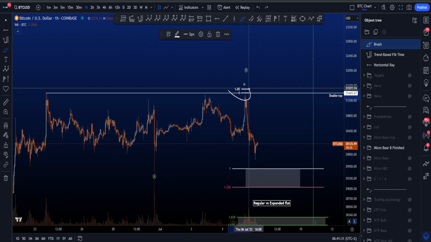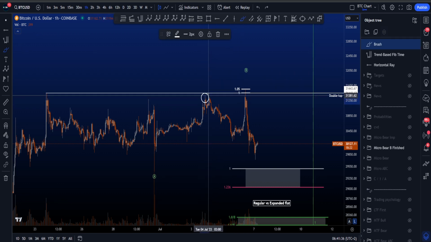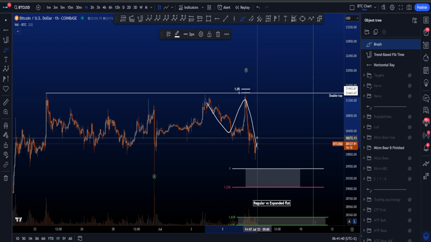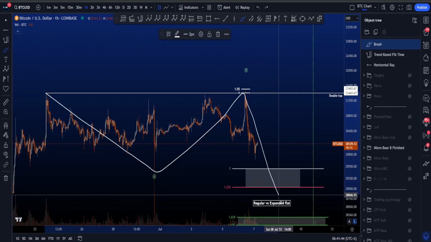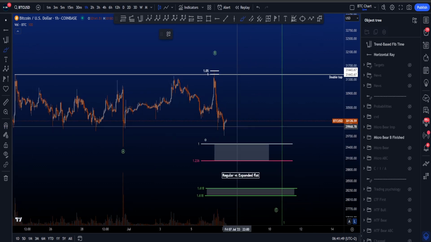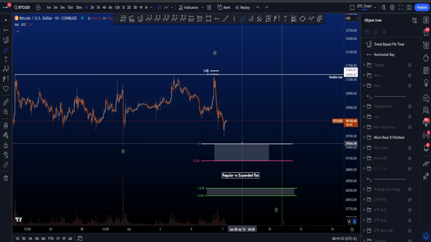And this is the most common target for a regular flat. But now the regular flat isn't taken from this high to this low, with then this being an ABC. Now it's a bigger regular flat, with this being an A, B, and then you'd be looking for deeper prices towards the downside. Most common target for a regular flat, again, between the 1 and the 1.236,